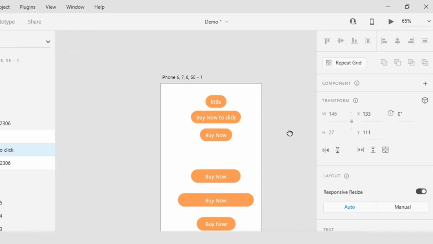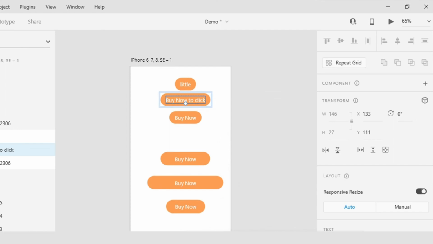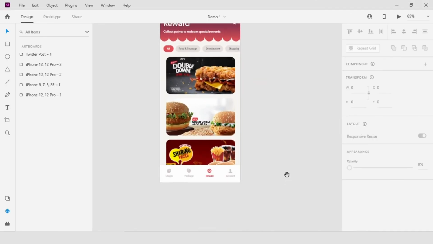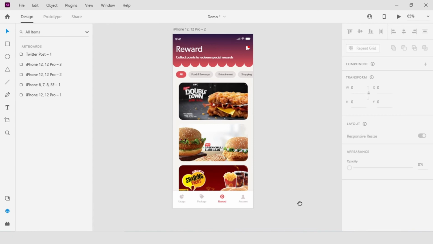Now I have alluded to this a little bit, but all of the content-aware layout features really start to work with one another. So let's go on and talk about the next one, which is stacks. And we are going to continue to revisit padding and stack as we start to build on the features and they combine together. So I'm going to go ahead and magnify this artboard that has some sample content for stacks. And I'm going to go ahead and bring up the layers panel. And I will move this into position just a little bit.